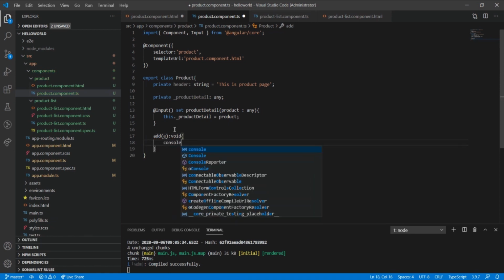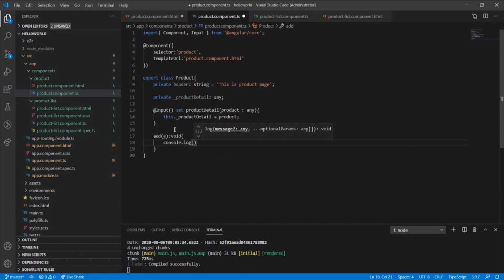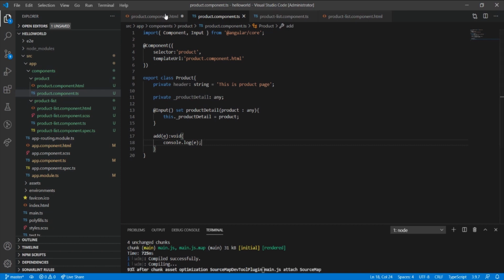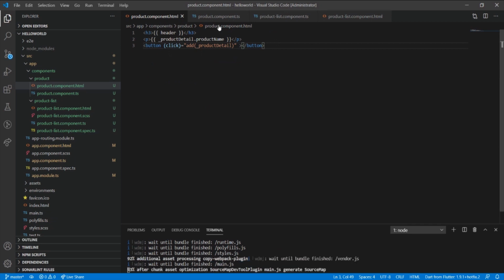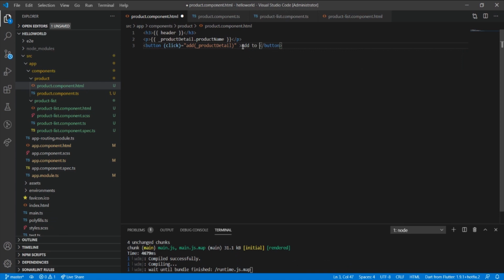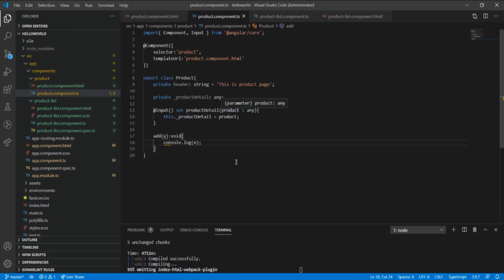Let's console it first. What I have done, I have just added a button here for every product, and on clicking on this button, let me call it add to cart. Okay, so once the user clicks on this add to cart button, we'll see the console.